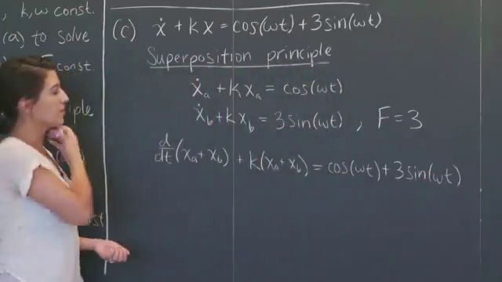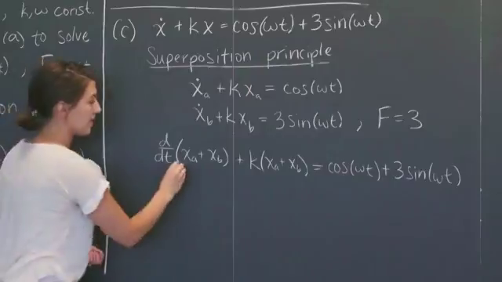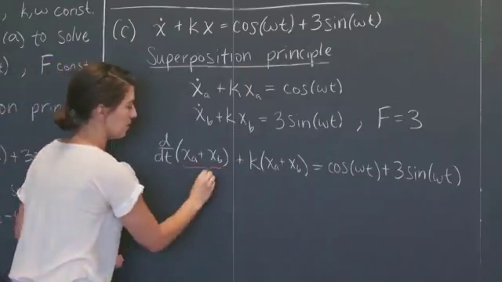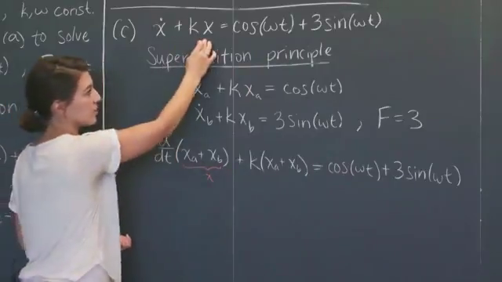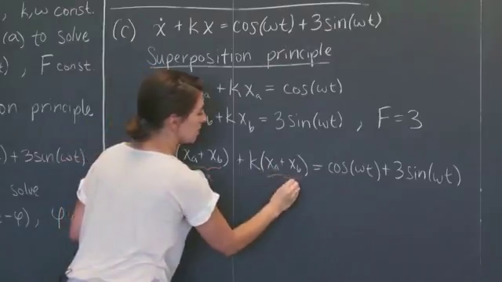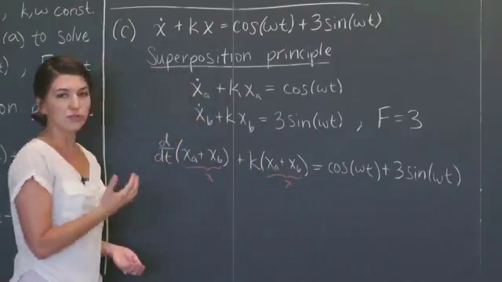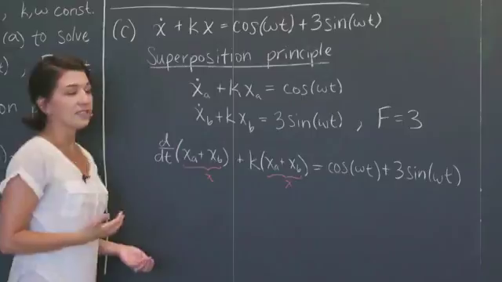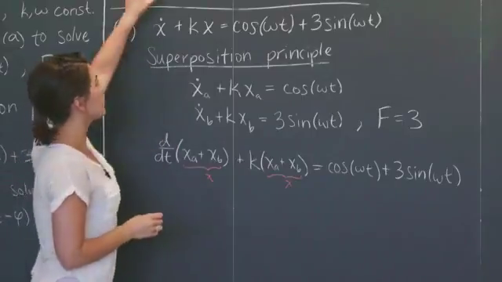And now, the superposition principle tells us that since x sub a plus x sub b here is just x in this equation, we can write down the solution to this equation by simply taking the sum of the solutions from part A